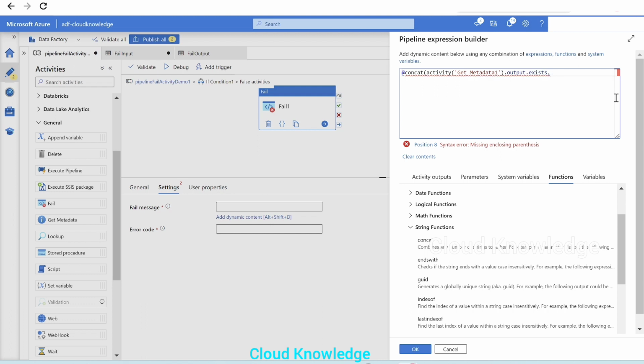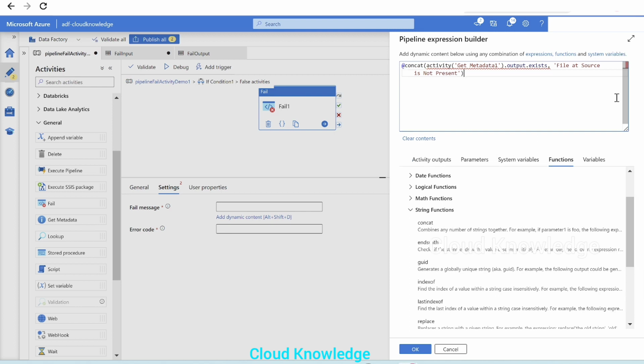First, let's give the error message. We want this to be concatenated as file at source is, sorry. So here we'll write file at source is not present. Okay, so we'll close this, and since here we could see cannot fit boolean into the function parameter string, concat function accepts only string, so we'll